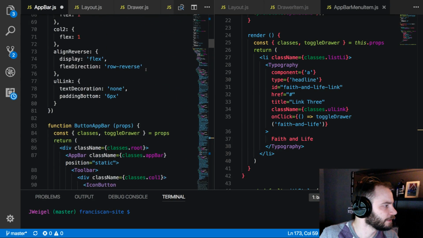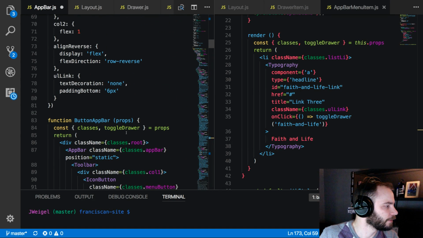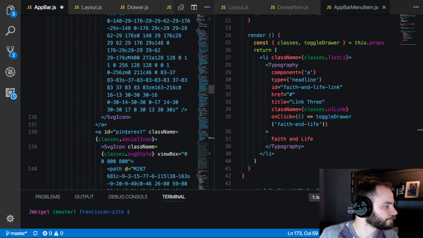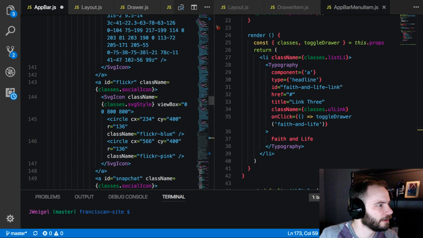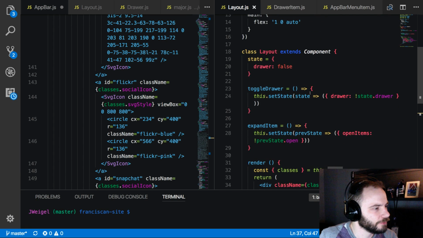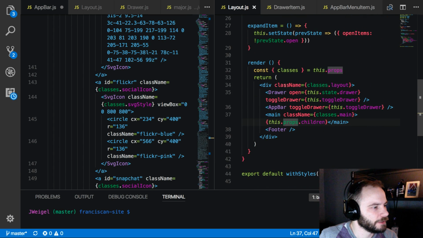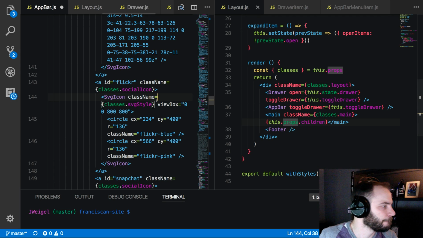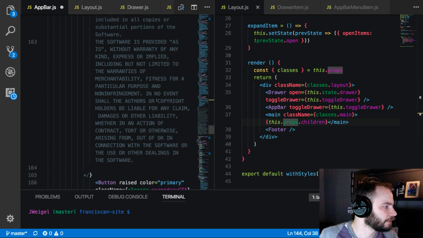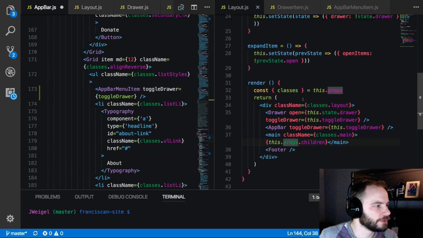Let me double check though. Yes, we have. So we can do toggle drawer. And let me clarify as well that that's how we've done it here. Yep. Alright, so we'll add toggle drawer, and then we also need to add